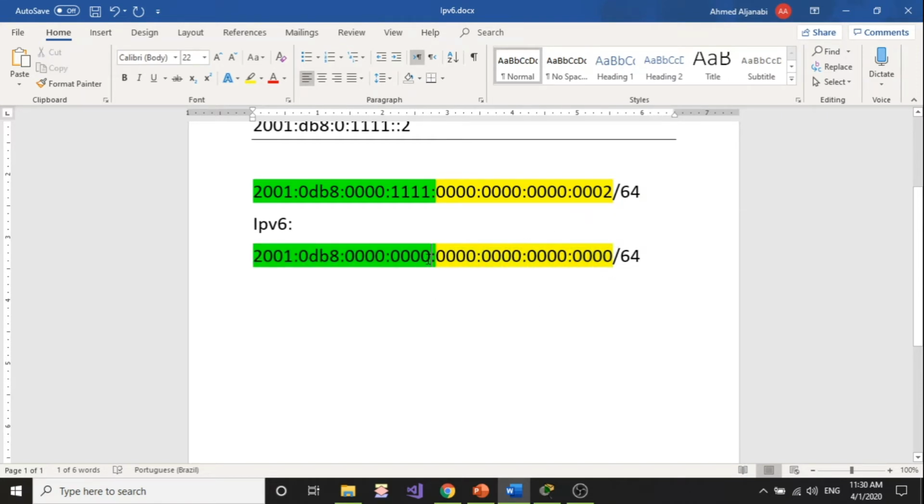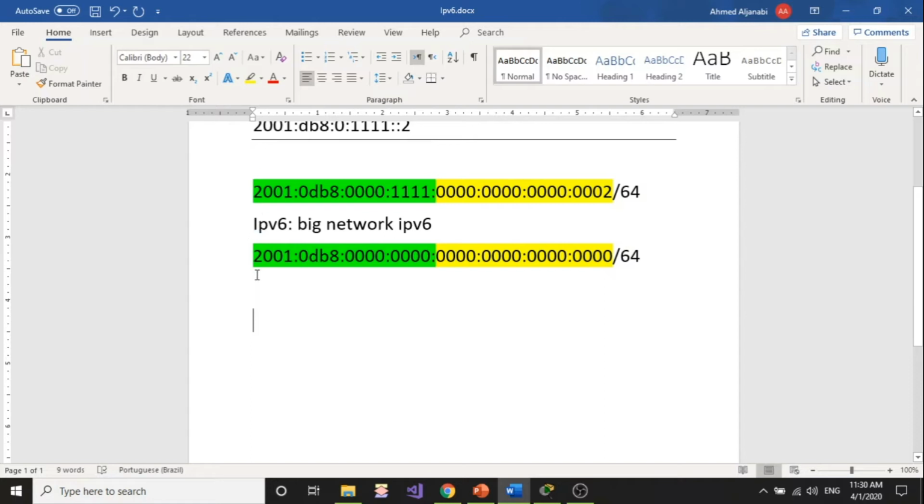Now what I can do, I can decide that I'm going to use this bit here, this 0 bit, to divide my network into multiple networks. So if I want to use this 0 to divide this IP address into multiple networks, basically I can have as much as 15 different IP addresses. Network IP addresses, to be specific. And what are those network IP addresses? Remember, this is the big network, IPv6. And now if I want to divide this big network IPv6 into smaller ones, all I have to do, look at this,